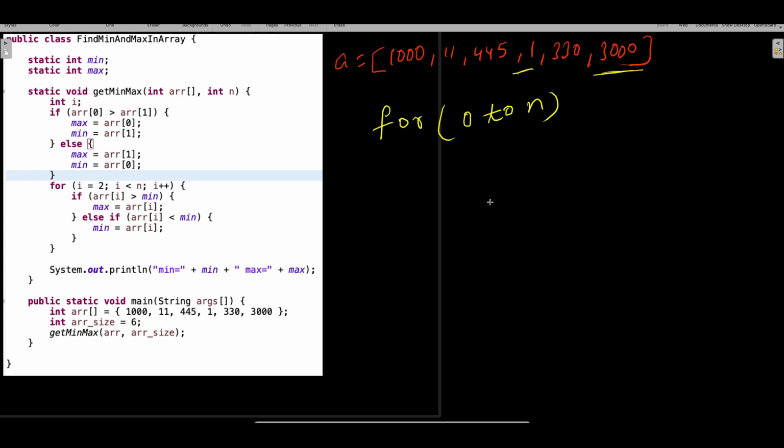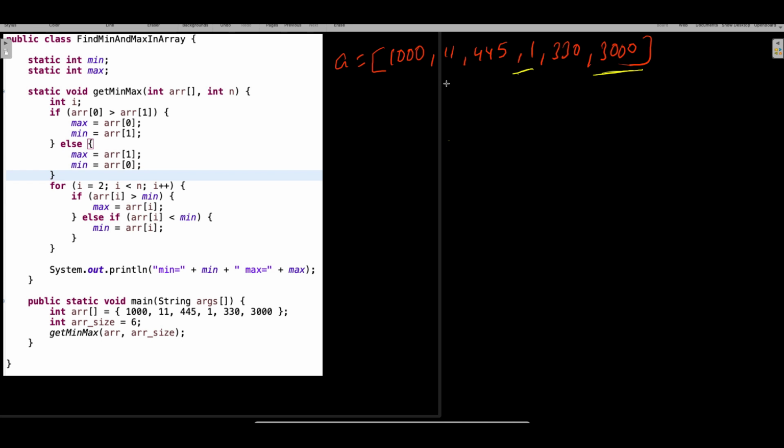Now, this is the for loop, but before the for loop, whenever you get this kind of program in your interview, guys, one thing we need to make sure is that in the beginning we have to assume what the first minimum and the first maximum are. Okay, so how can you do that? Let me remove this from here. I'll tell you.